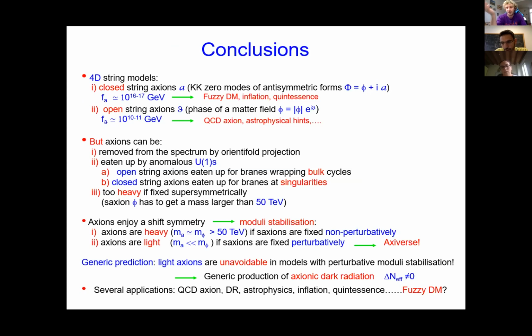Yes, sorry, I always say that the wrong way around, because I think of open as being like an O, and I know I mean closed, and I always say open. Okay, yeah, the closed string axions have this large decay constant, and in the effective field theory, then